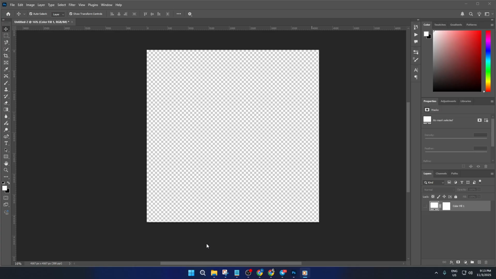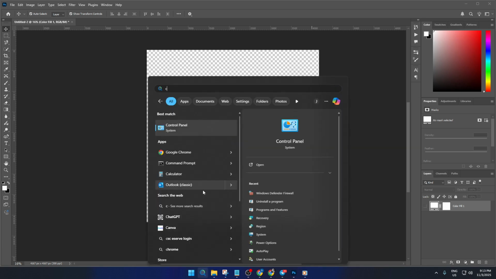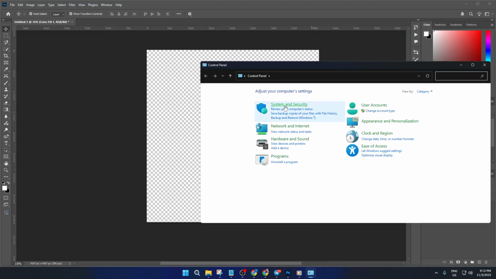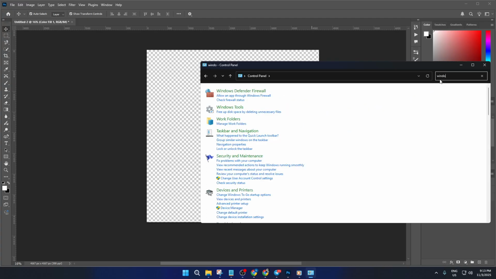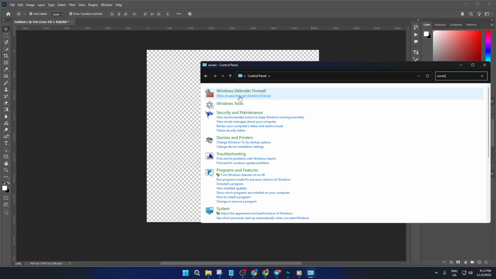Let's jump right in. First, we need to pull up the Control Panel. You can do this by clicking your Windows Start menu and simply typing Control Panel. It should pop up right away. Go ahead and open that. Once you're in the Control Panel, find Windows Defender Firewall. Sometimes it just says Windows Firewall. It might feel old school compared to Windows' newer settings apps, but this is still the best spot for advanced